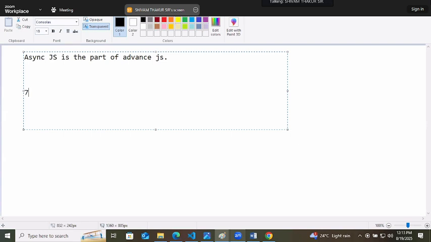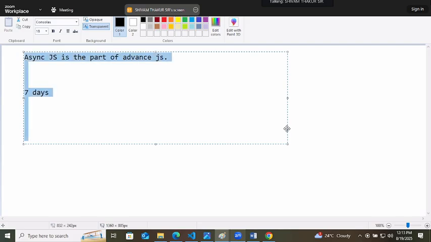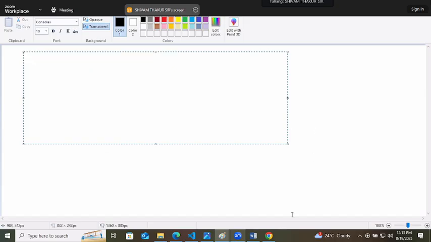Spend at least 7 days on each topic and revise it completely. Then only you will understand it. This is not like normal HTML or normal DOM that you will understand in one day. Even if you have a lot of coding experience, it is confusing. Give yourself time and understand each and every bit. However, I will teach it in a very simple way.